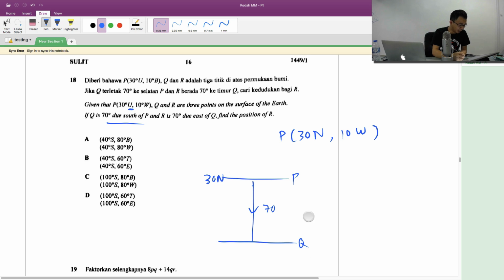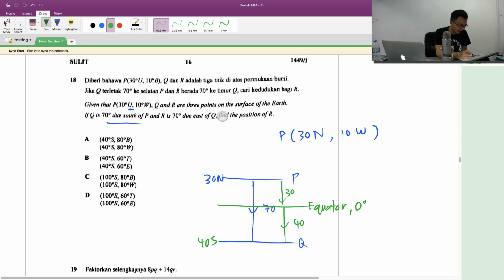Okay, so for this question, you have to imagine you're going down 70 degrees. That means if you are at 30 north, you go down 30 degrees, you already reach the equator, which is 0 degrees. So you're going from the equator down another 40 degrees. So for Q, the first thing I know is this is 40 south. Alright, then